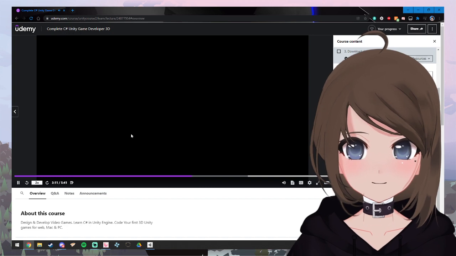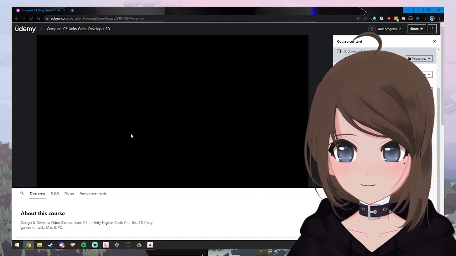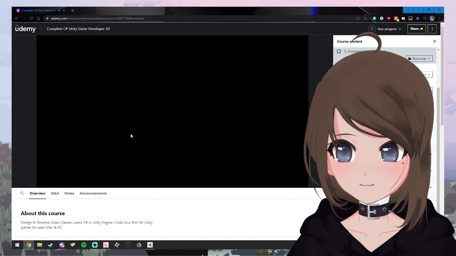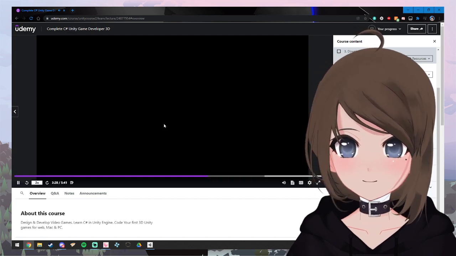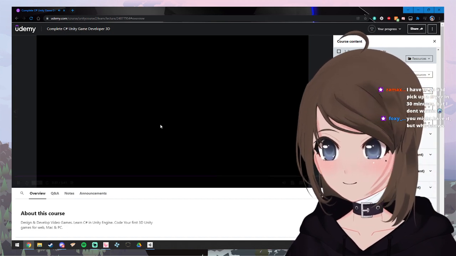Cool. So while Unity and Visual Studio Code are downloading, I want to show you something to give you the context if you're new to this. The two main components we're downloading at the moment are a game engine, we're using Unity. Other game engines, you've probably heard of Unreal. It's the other big popular one. And we have our integrated development environment. I'm using Visual Studio Code because I found that works better, like I say, for Mac and PC users. We could use Visual Studio Community. There's a lot of different IDEs out there. You don't have to use a particular one.